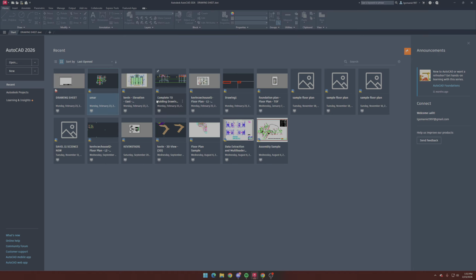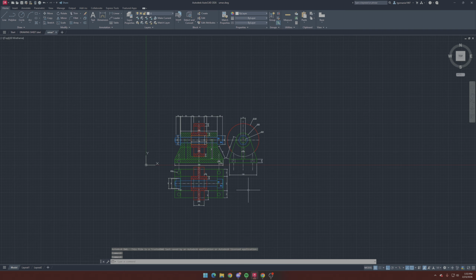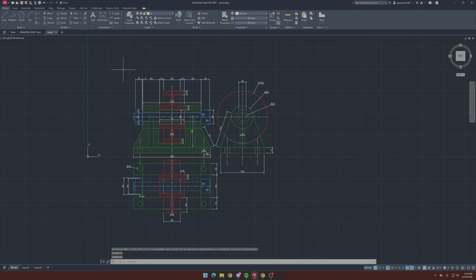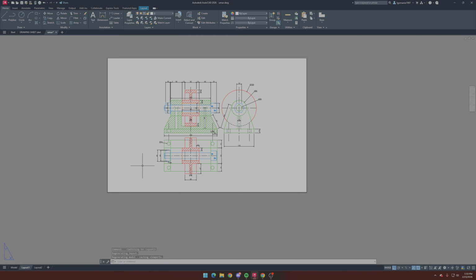And now what I could do, I could open a drawing that I did before. And this here is an assembly drawing, right? This is for people that do the mechanical option. It's a CNC drawing, and I'm just going to show you how I'm going to display this on my drawing paper. All right, so what I want to do, I want to go to layout here,